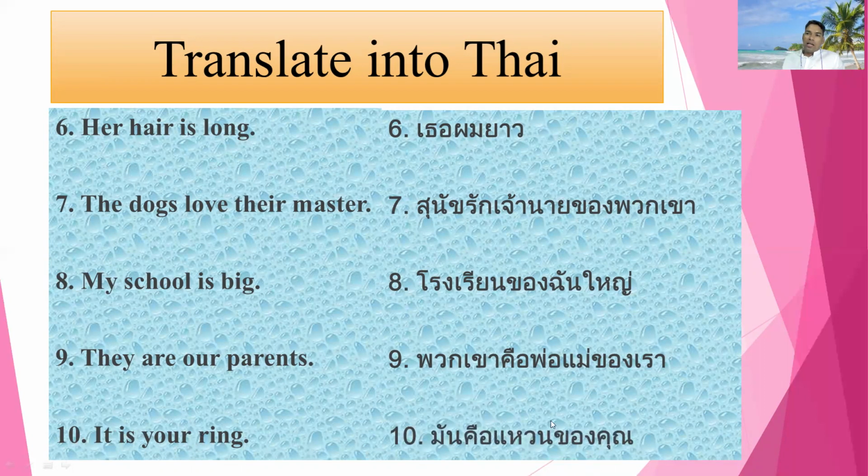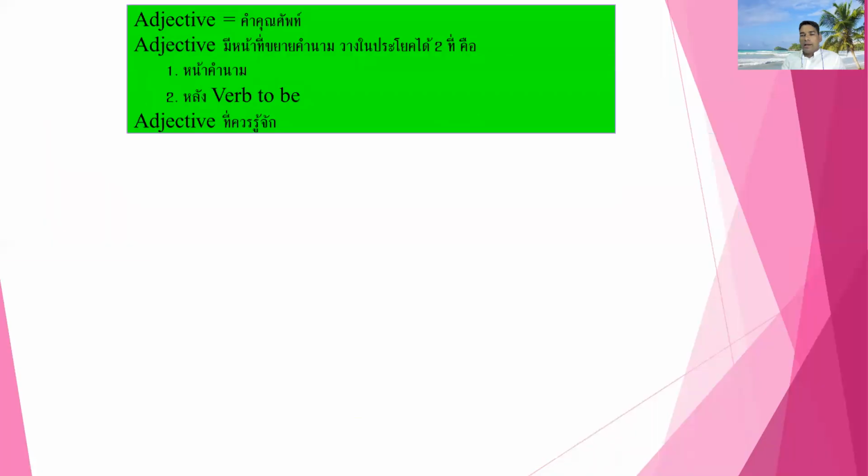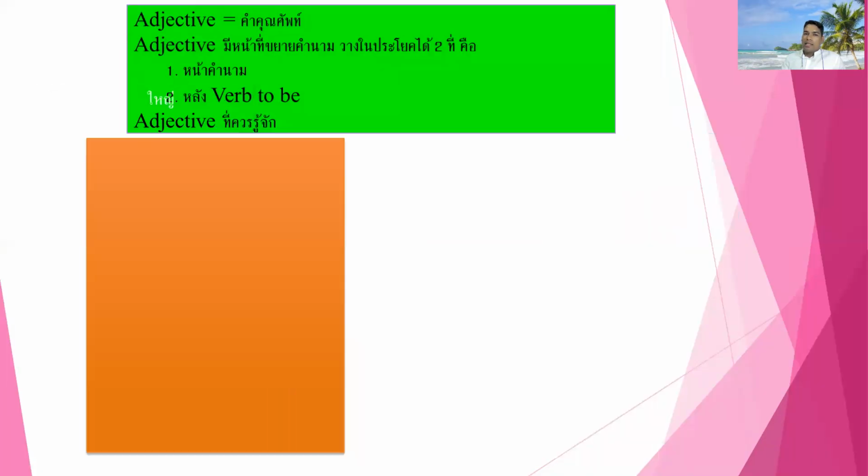So I have already completed page 28. Please complete it with the Thai language, translating into Thai, and then after that come to page number 29. On page number 29, we will learn about adjectives or verb to be,